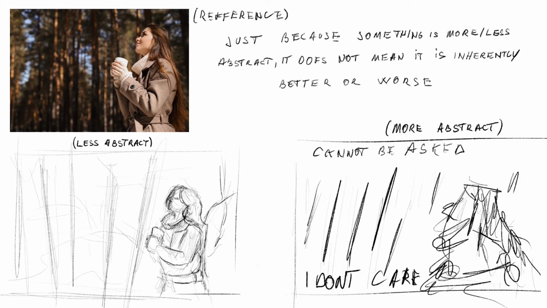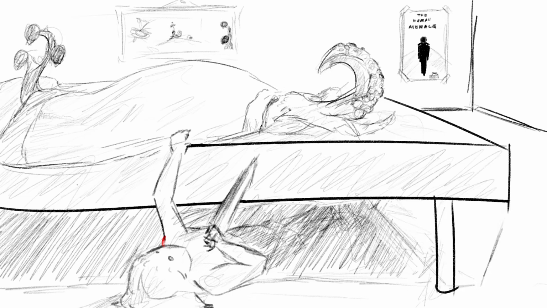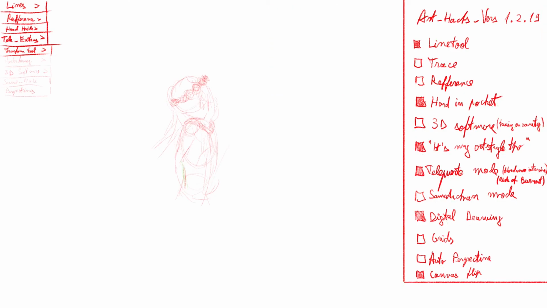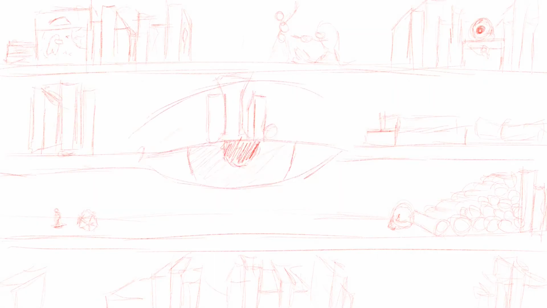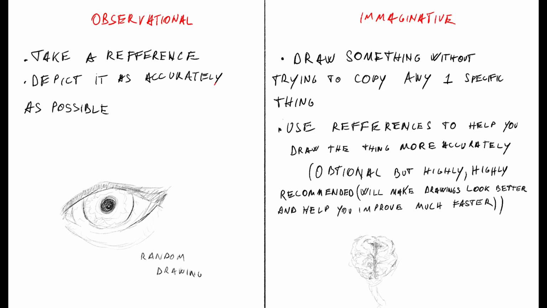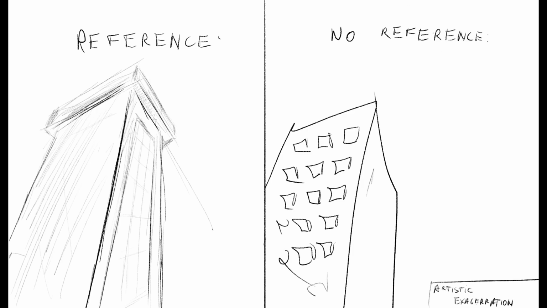Imaginative drawing is all about making your own image, your own proportions, your own lines, and your own values. This isn't to say not to use reference, it's not cheating, you are using it like a sort of external visual library. For example, using a calculator to see how much 14 plus 17 is isn't cheating, it's making sure it's 31. To put it simply, in observational drawing, you bend the entire image around the reference. In imaginative, you bend the reference around the image. All jokes aside, references can be a good way to make sure what you're drawing is accurate to the object you're trying to depict.